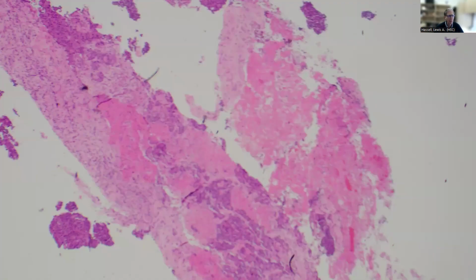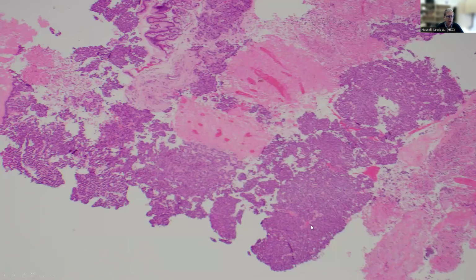So here's a view of the low-power needle biopsy, which is obtained using endoscopic ultrasound. You can see there's a fair bit of necrotic debris and sheets and clusters of cells that appear to be cohesive. As we look a little further, you can see that there's a bit of vasculature to this, but there's broad zones of necrosis, and then this somewhat organoid, fairly uniform population of cells without real good gland formation per se, at least in the macro sense. We have a few colonic glands here nearby.